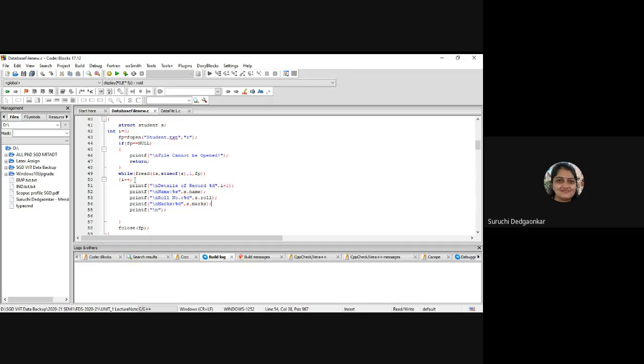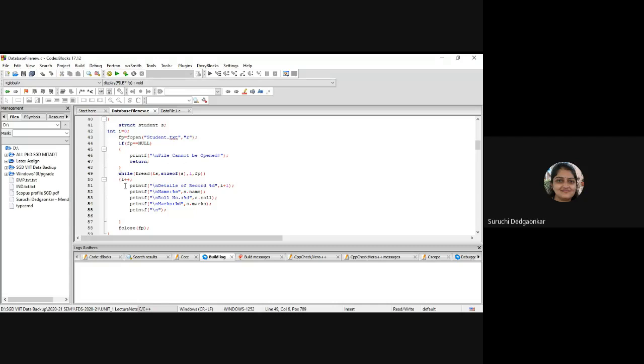And this i is counting the record number. Initially i is 0. When we are able to find any record, we are incrementing this i, so we are counting the records. And we are displaying all the details of the records present. As we have opened in the read mode, the file pointer automatically points to the beginning of the file, so we start reading from the first record.